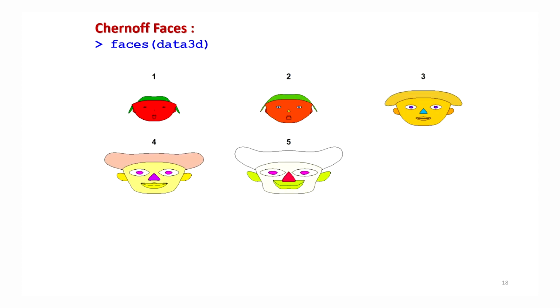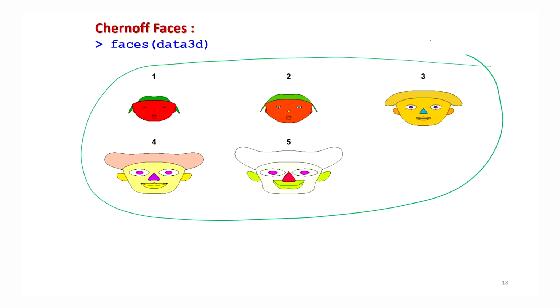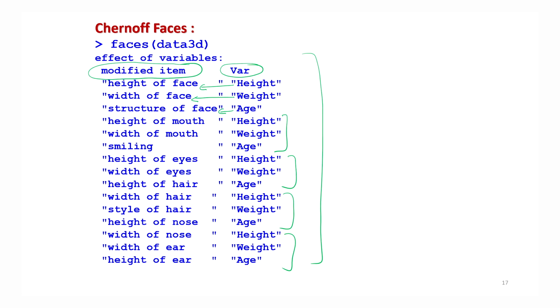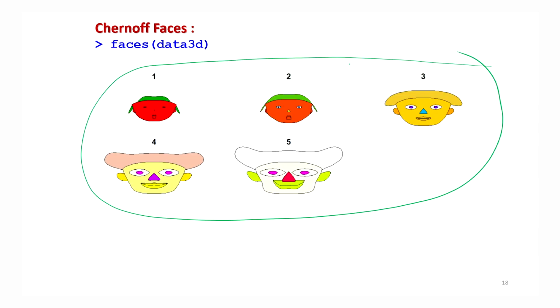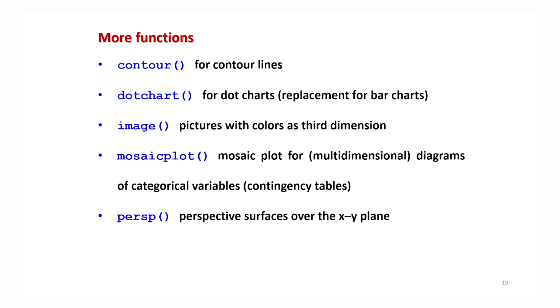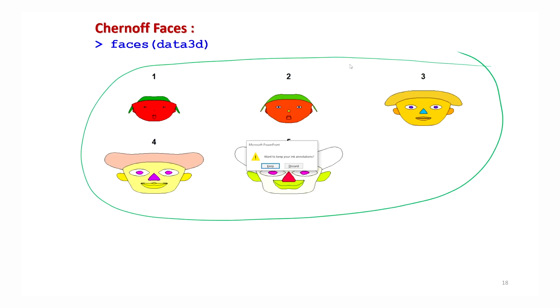And after that, you will see that this type of picture will come. You can see here these are different types of data sets, different types of colors, and you can see what is happening. You have here 5 rows for 1, 2, 3, 4, 5, and then you have such 5 faces. Right. So let me try to show you this outcome in the